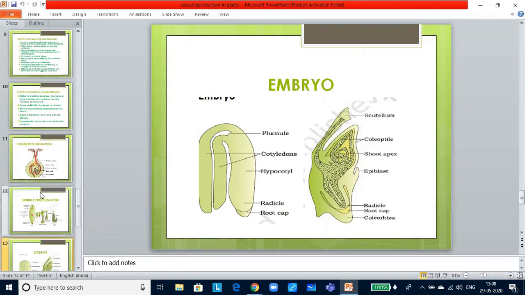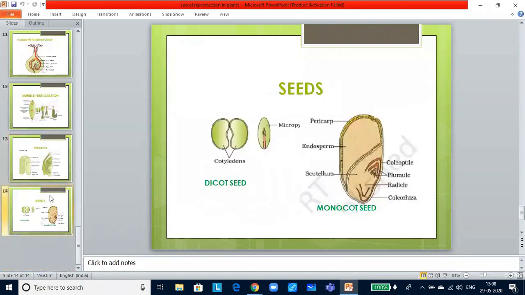Now the last part is the seed. Seed is the final product of sexual reproduction. It often is described as a fertilized ovule. Seeds are formed inside the fruits. A seed typically consists of seed coat, cotyledon, and embryonal axis. Cotyledons of the embryo are simple structures, generally thick and swollen due to food reserves.